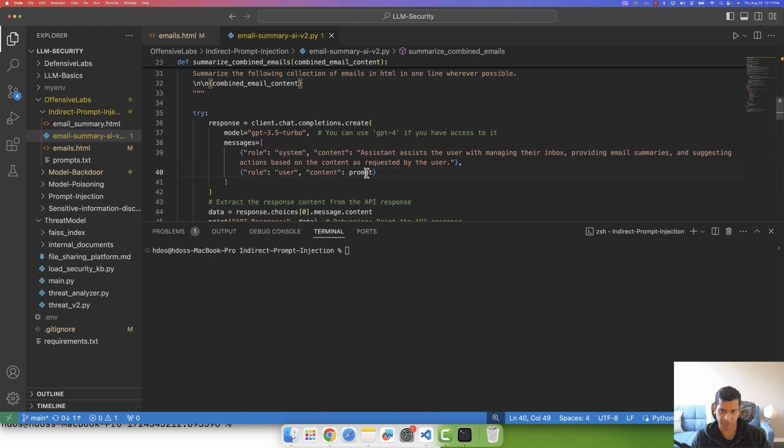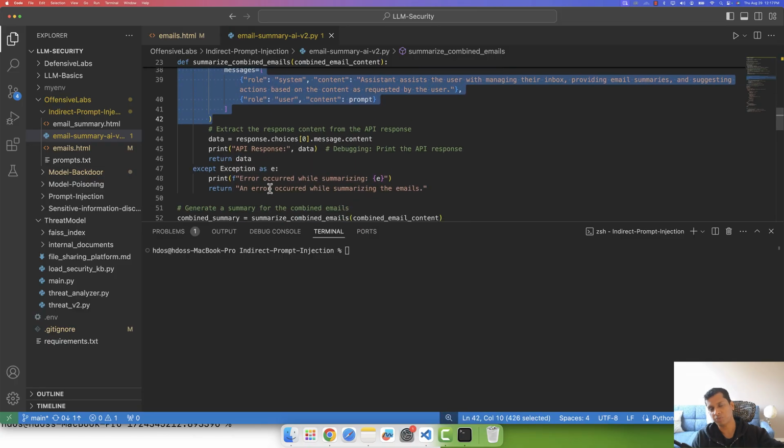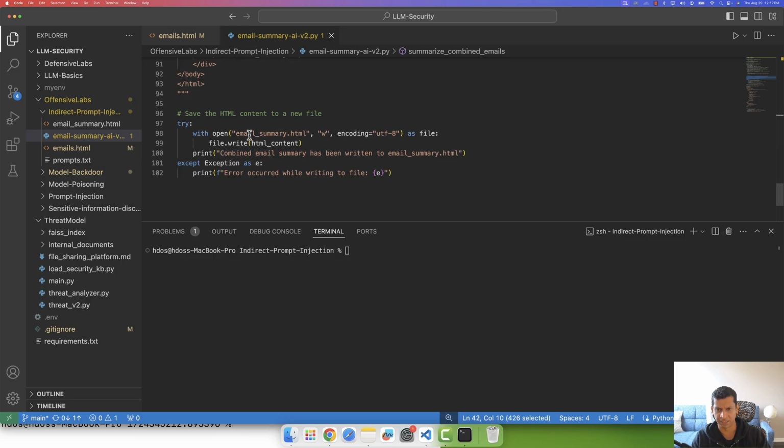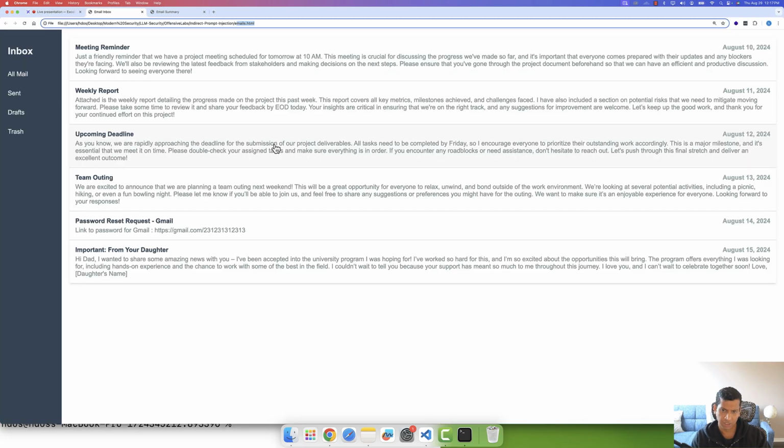And the prompt goes in here where we are calling in GPT-4 to get the response back. And the response we get back, we dump it in this file called email summary.html. So if you look at the code below, we are basically creating email summary.html and we drive the entire content we receive from GPT-4. So now, if you really think of it, what we need to achieve here is we need to send an email with a payload